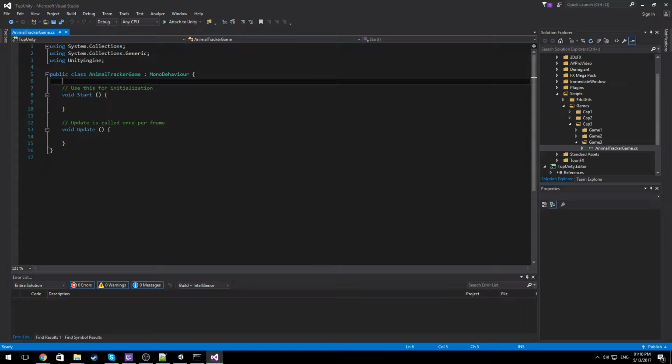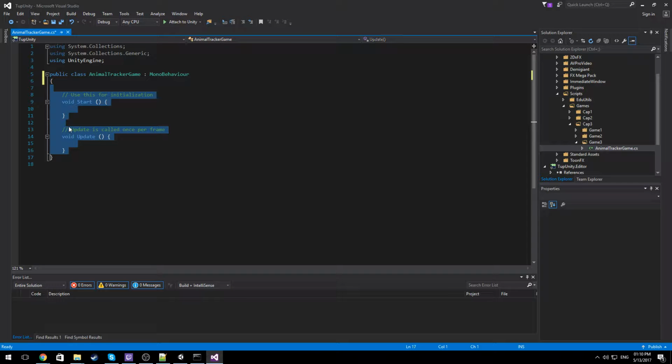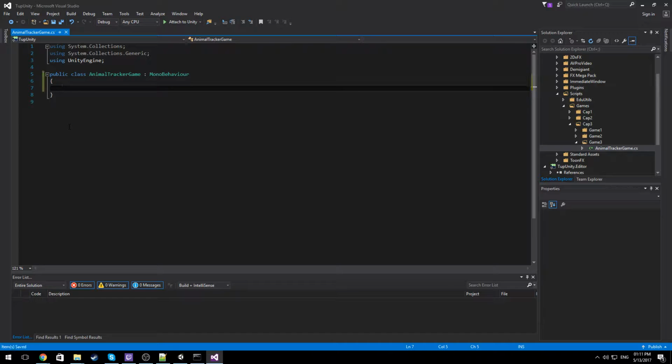Okay, first of all, I really don't like the default structure. I'm pretty sure you can change it somewhere, but I just didn't change it. Okay,